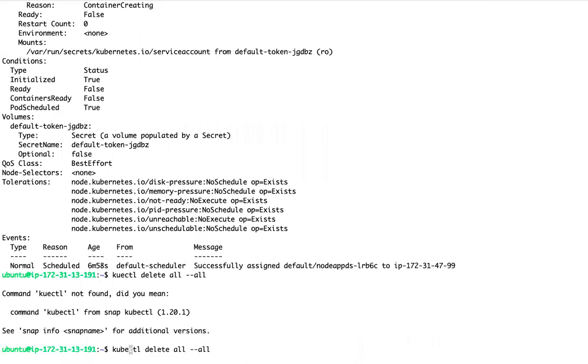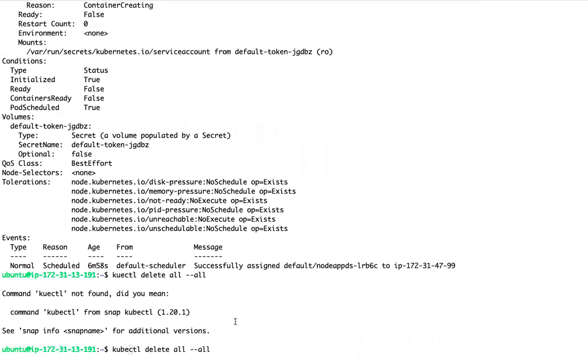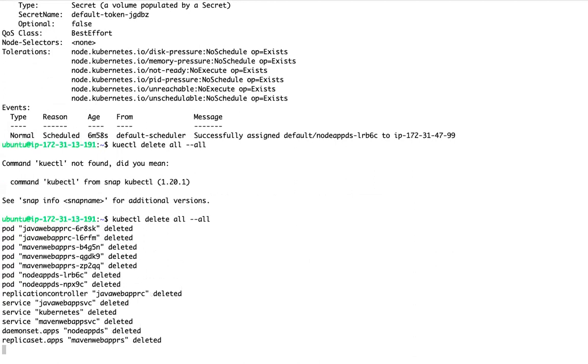Which context is it pointing to? Default. Can I switch the context? I mean, instead of the default namespace, can I point to a different namespace?